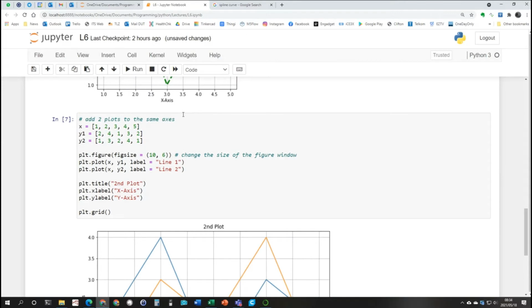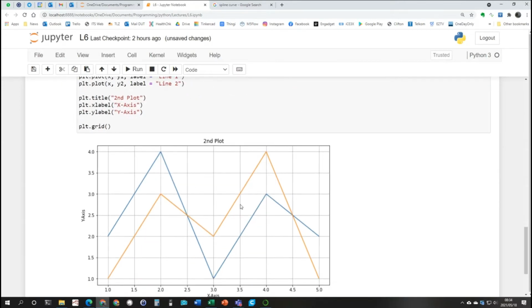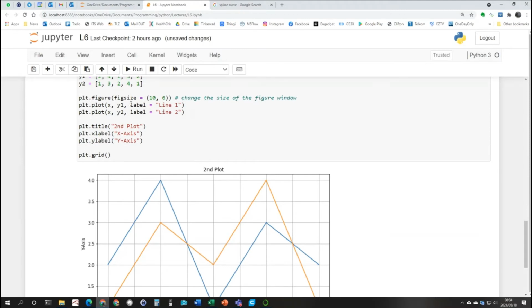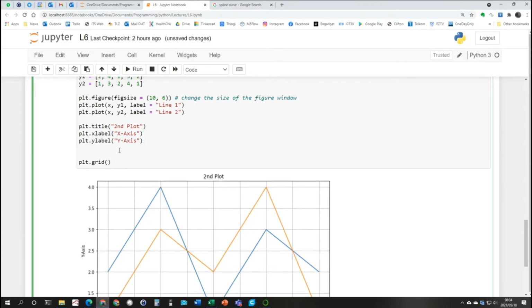So when I run that now, you'll see that the figure window is a lot bigger. The second feature I would like to point out deals with these two parameters. For both these graphs, I've specified a label, and these can be placed on the graph by using something called a legend. So if we type plt.legend,